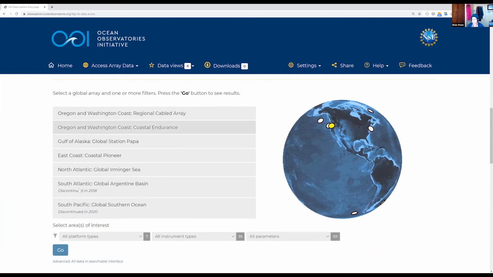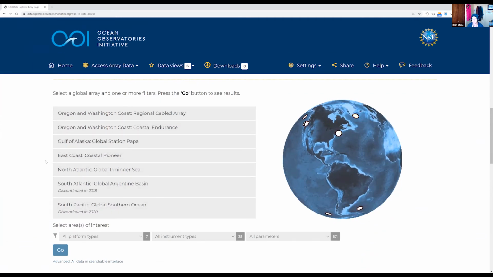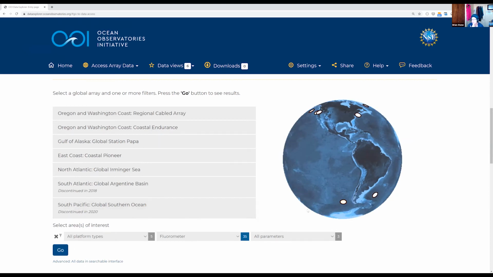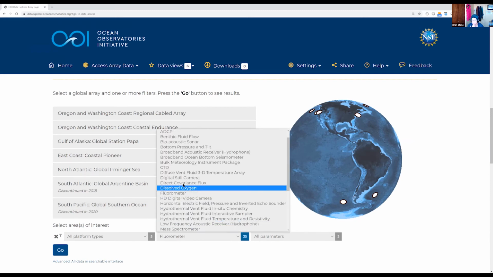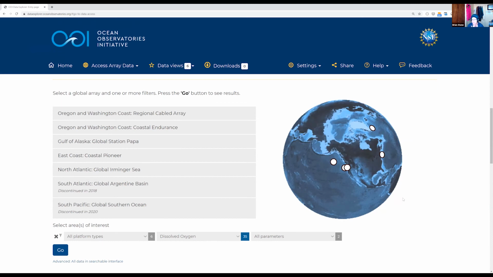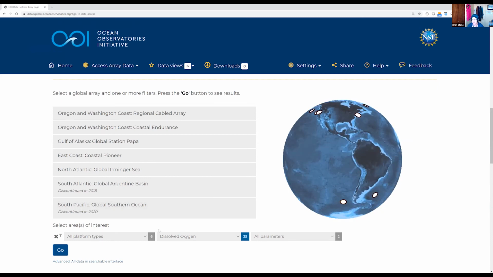I could skip picking an array, and I could jump straight to instrument types. So for instance, if I was just interested in CTD, or I'll pick something a little bit more exotic, let's see, dissolved oxygen. It does look like it's available on all arrays. I can't think of a thing that's not available on all arrays right now, but those will minimize,